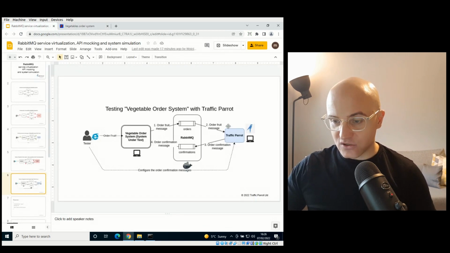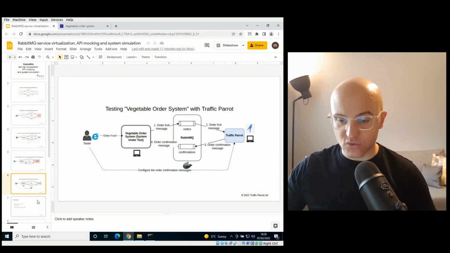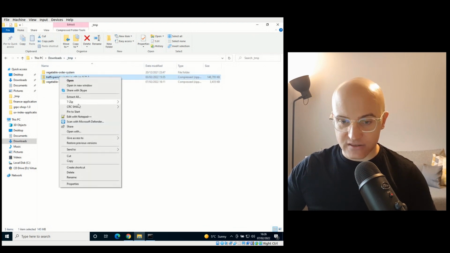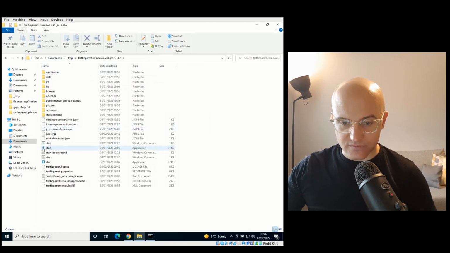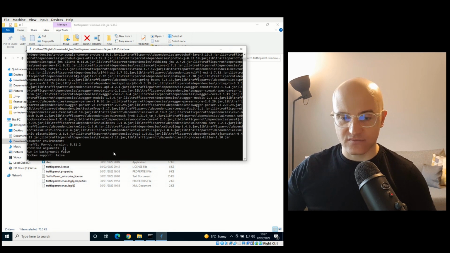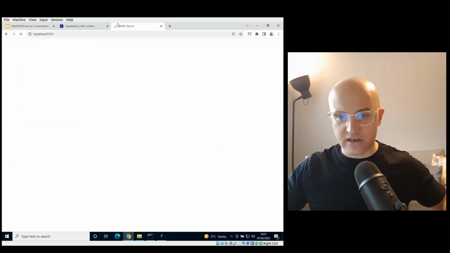Well, again, we're just going to use Traffic Parrot to consume those order messages and produce those confirmation messages. How do we do that? Well, I got Traffic Parrot downloaded here. I'm going to extract it, and now I can start it up. The first time it starts up, it usually runs the antivirus, so it takes a couple of seconds to start running. There we go, Traffic Parrot started up,